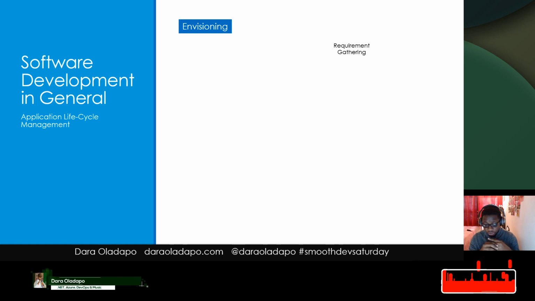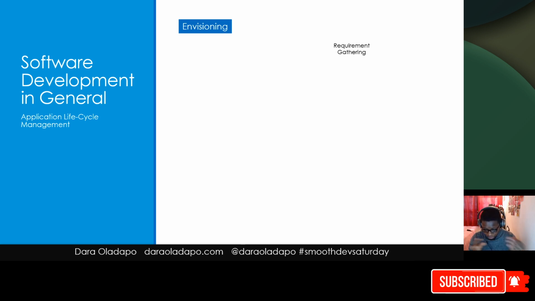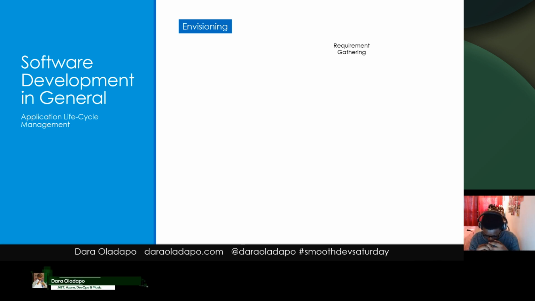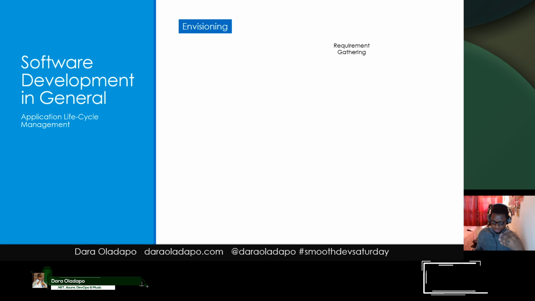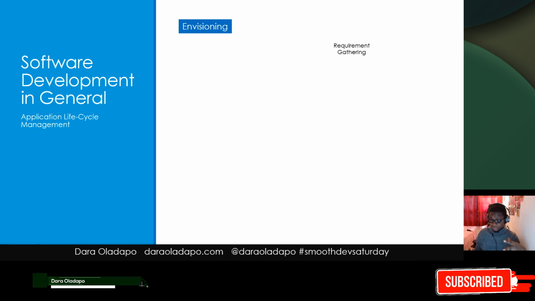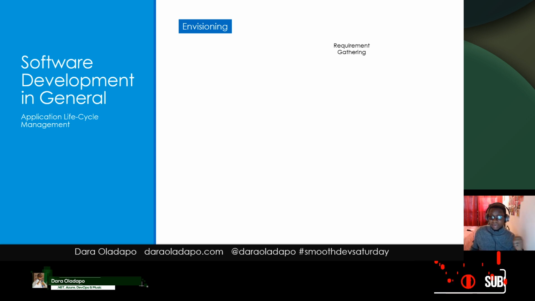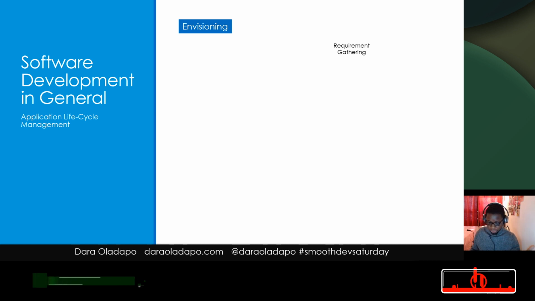You need to get that requirement. So who will use this app? On what devices will it run? All those kinds of things, you need to gather them. You need to know from what stage to what stage this app goes. You need to know who your target users are, which platform it will run on, how users will download it, how they will get updates. All those requirements, everything that your app needs to succeed, is what you do in the requirement gathering phase. And that is the first step to any idea being run in the long term.